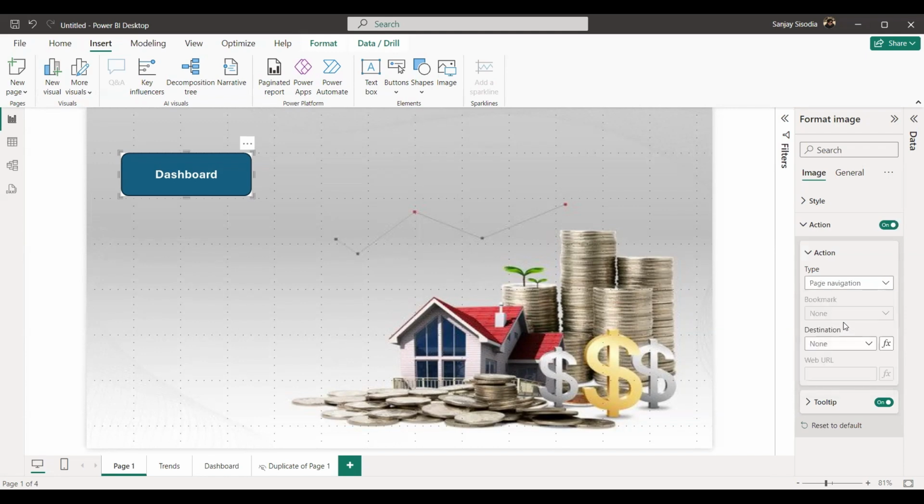So we have selected page navigation. Now we need to assign a destination. That means we have 1, 2, 3, 4 pages in this particular report. So out of these 4 pages, to which particular page we want to navigate, that is what we will define here. So in destination, we will select dashboard